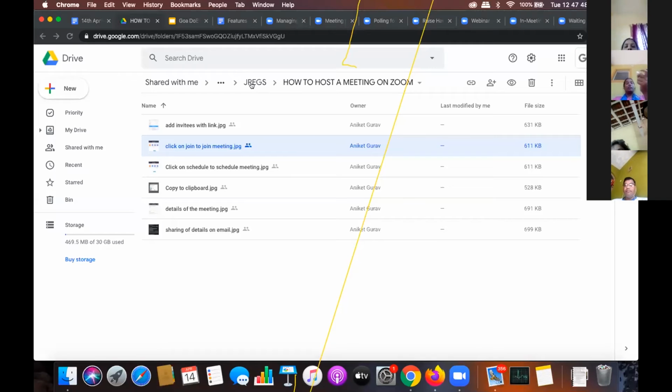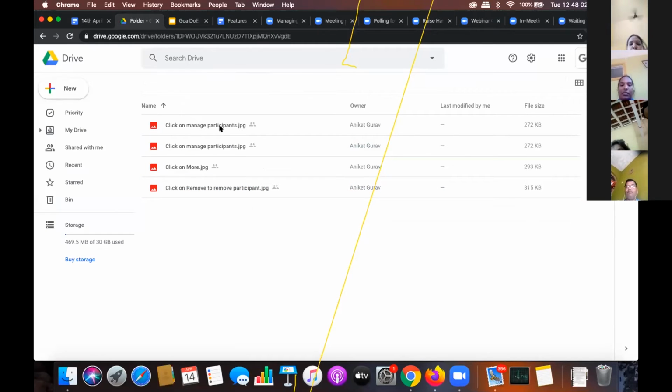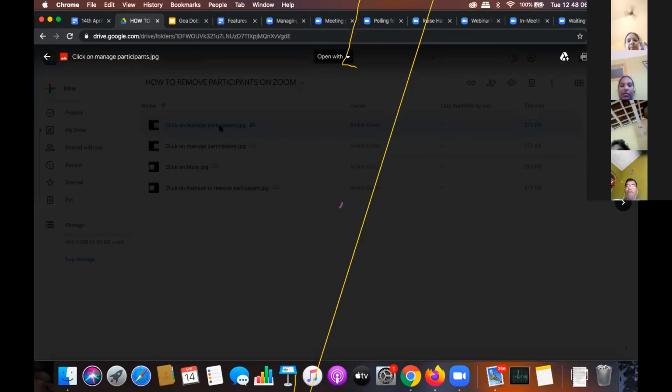So I will go on to the next. We have covered scheduling a meeting and important points to remember while making a meeting. As of now, we will look at how to remove participants.